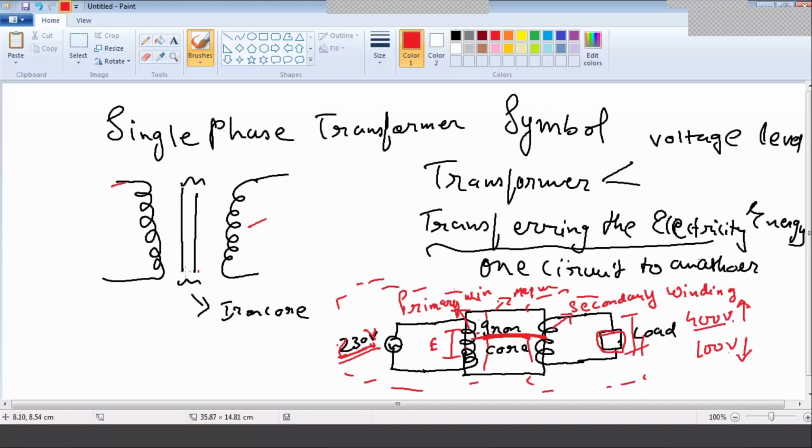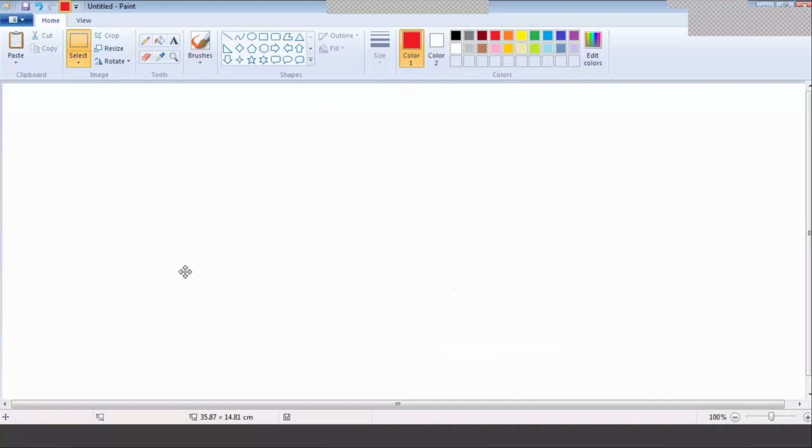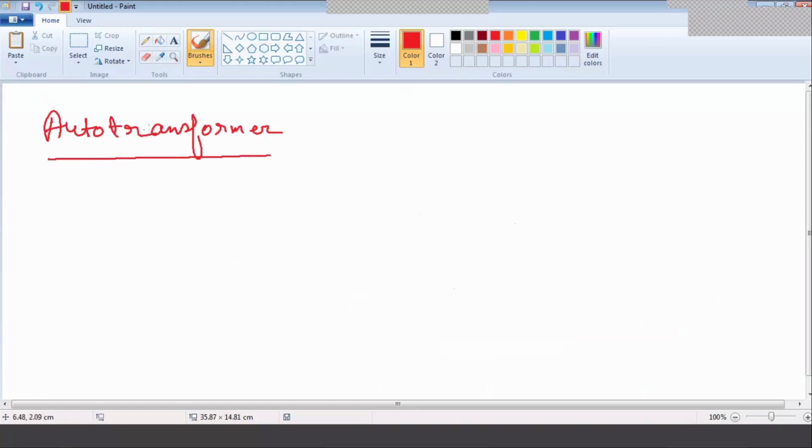Okay. So next one is the auto transformer. We have discussed the single phase transformer. Now we are discussing the auto transformer. The auto transformer has only a single winding.